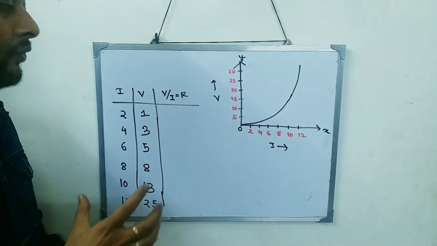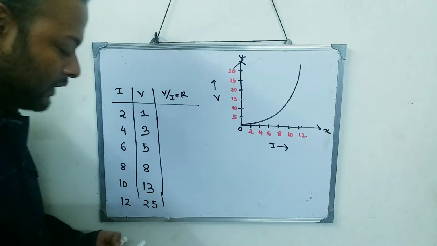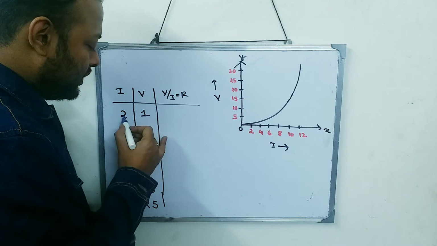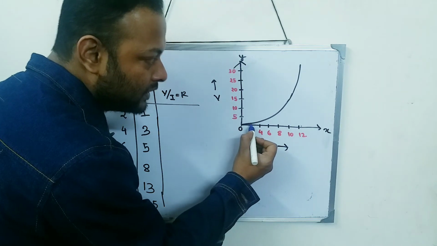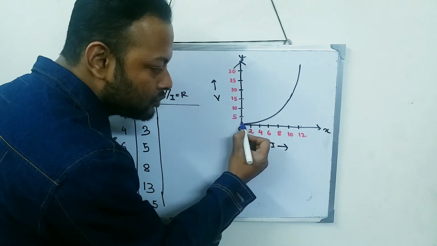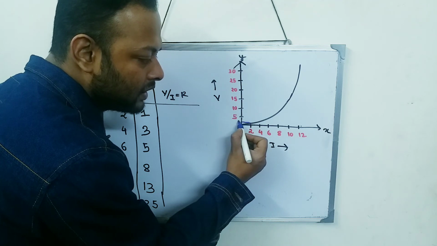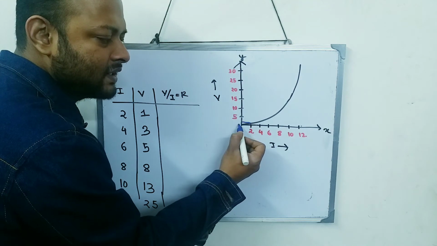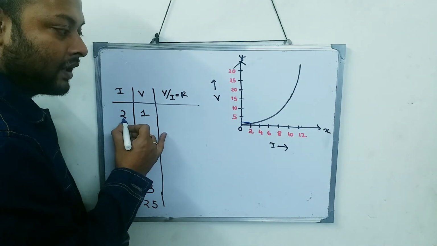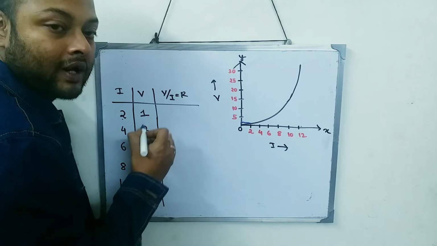Now, if we plot the values from the graph, what can we get? This we have to understand. If the current is 2, then the corresponding value of voltage, how much do I get? This current 2 comes over here, and this comes over here. So this value is less than 5, so I have taken this value as 1. So when the current is 2 ampere, the voltage is 1 volt.